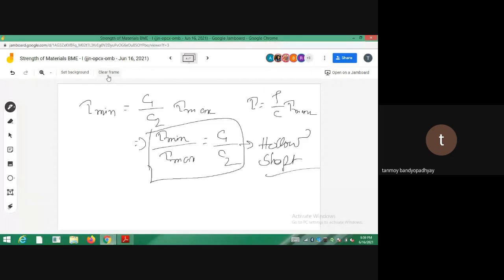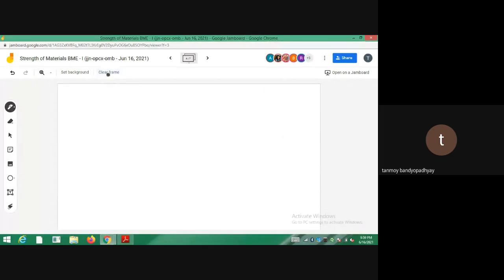Next, let us consider what stresses are getting developed on the element. This is the shaft actually, and we will always be referring to it as the shaft. Let me draw this a bit enlarged. We are considering any element. This is the outer radius of the shaft. It is either C or capital R, whatever you like.